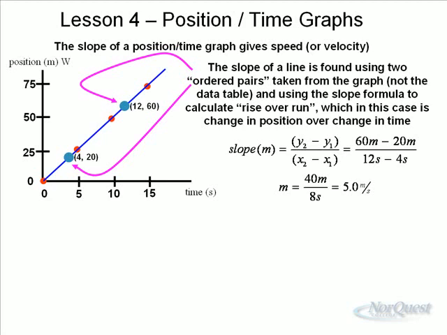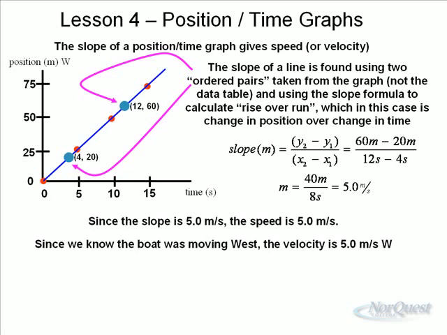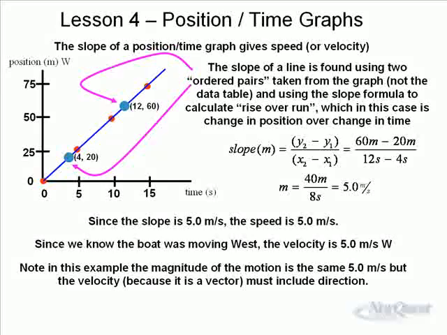And so the speed is 5.0 meters per second. Since the slope is 5.0 meters per second, the speed is 5.0 meters per second. And we know that the boat was moving west, so the velocity is 5.0 meters per second west. Now, in this example, the magnitude of the speed and velocity are the same, but the velocity must also include direction, which would be, in